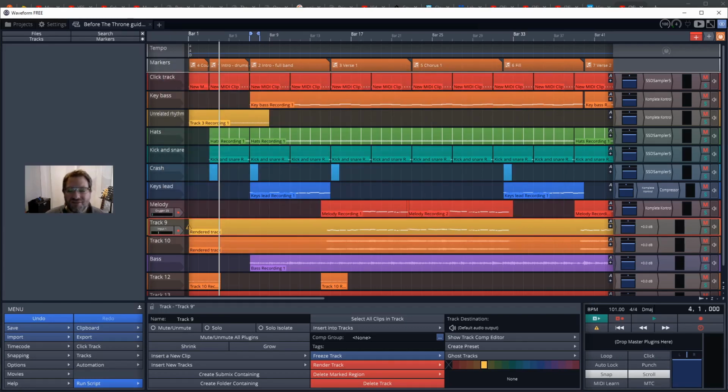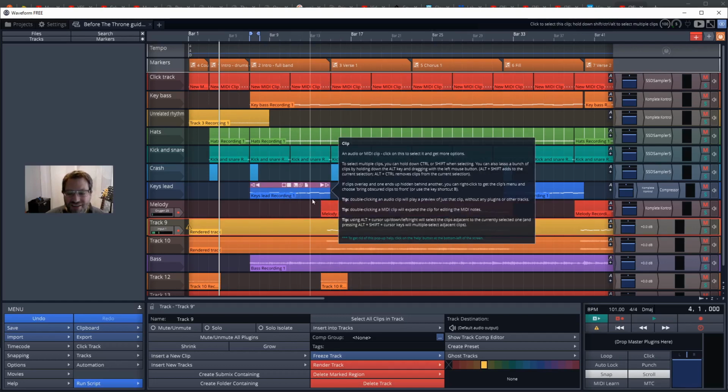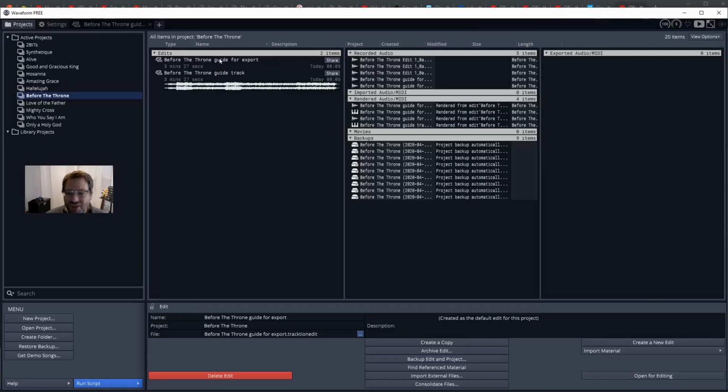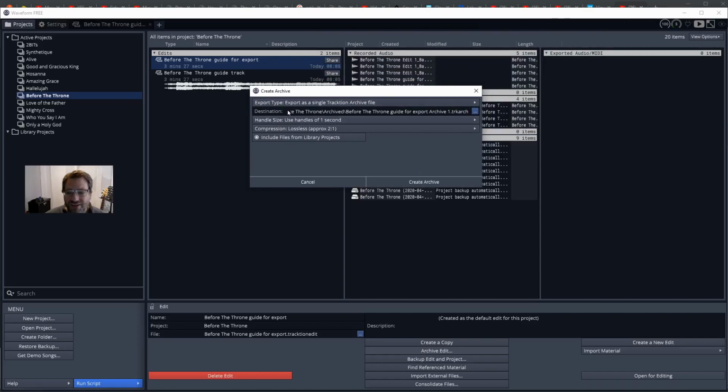All this, though, assumes that you're sharing these files with someone who isn't running Traction already. You can share the files a lot easier if people are running Traction. I'll just jump back to the project here, and I can click on my project edit, and then I can click archive edit, and I can name the file. In this case it's been given a long name. I can shorten that down,